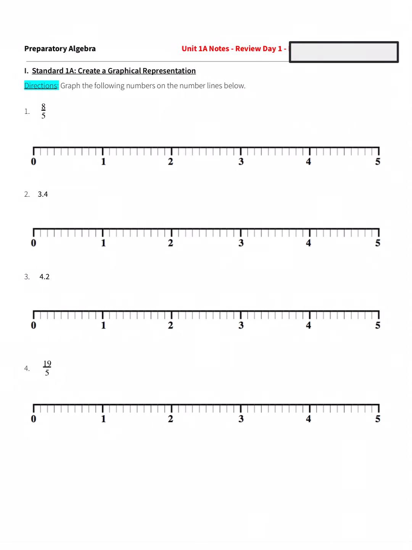So the first thing here, number 1, is we are going to take this number and we are going to practice graphing it. Now, we know that when we see a fraction, it is difficult to graph it on a number line. So our first step is to convert it to a decimal. And we convert a fraction to a decimal by dividing the numerator by the denominator. So here, 8/5 would be equivalent to 8 divided by 5. And 8 divided by 5 is equal to 1